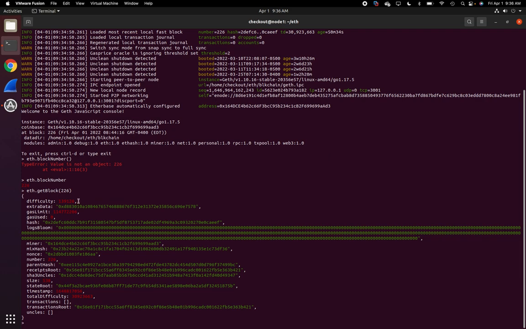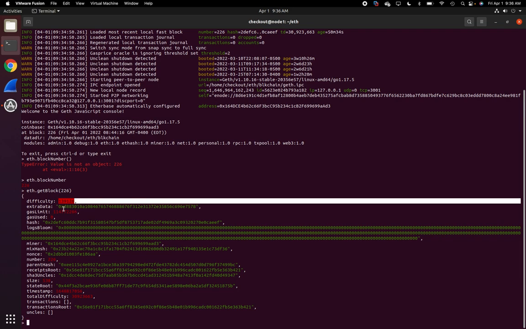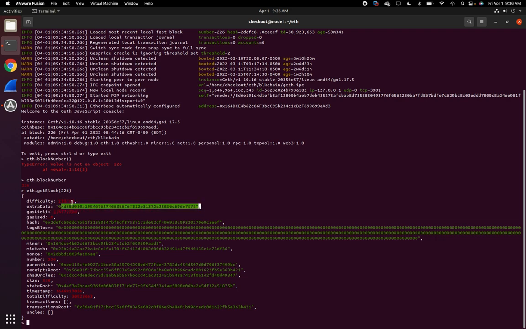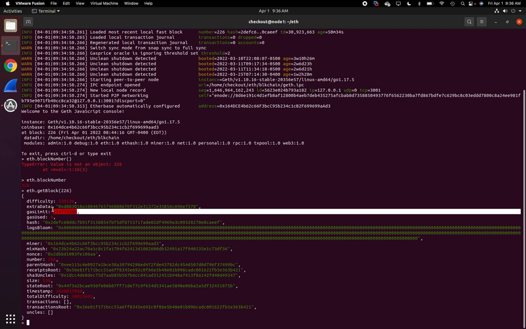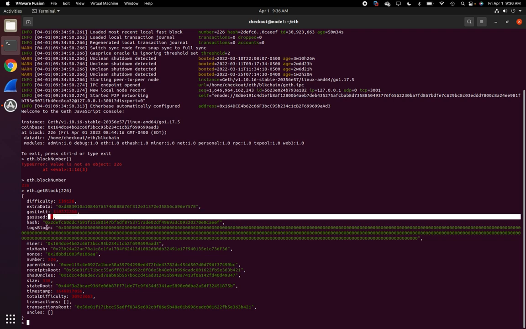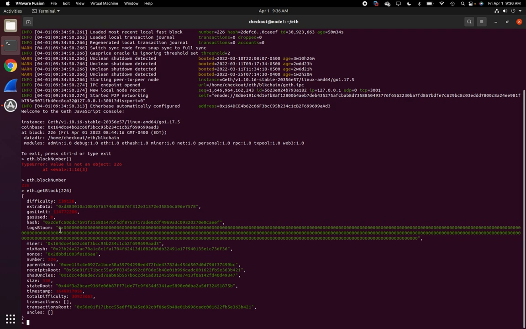As we can see here, we have the difficulty of the block. We have any extra data that's hashed with the RLP encoding technique. We have the gas limit for any transaction or anything that's handling the block. However, there's zero gas used, so this gas limit doesn't take into account. We have the hash of the block. There's no logs bloom. We don't have that in our environment set up, where I don't think Geth has it